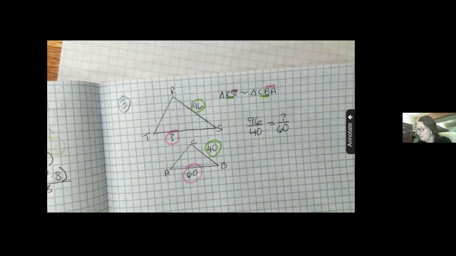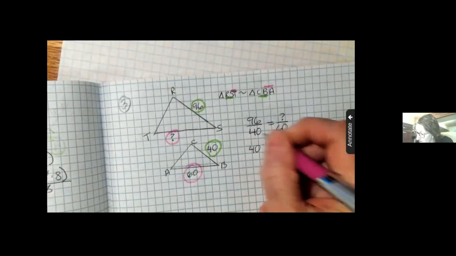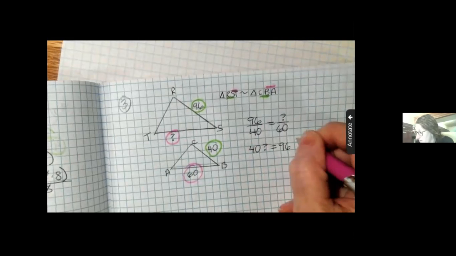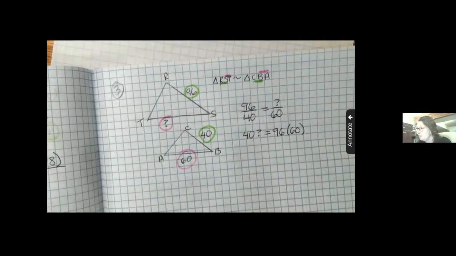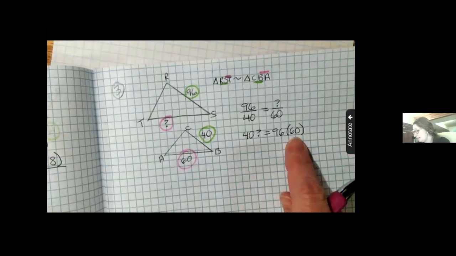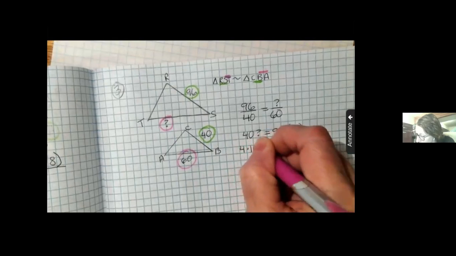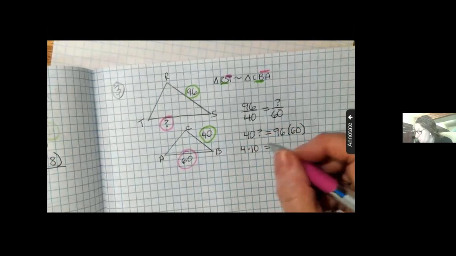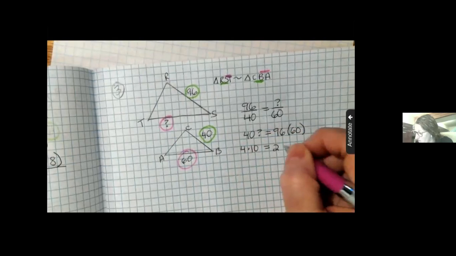All right, so I'll show you both ways. Cross multiply 40 to 60. 40 times question mark, sorry, and 96 times 60, okay? Now, if we're gonna factor, I know there's a 10 in here because it ends in 0. So I'm gonna say this is 4 times 10, okay? 96 probably has a 4 in it. So 4 goes into 9 twice, leaving 16. So it actually goes in 24 times